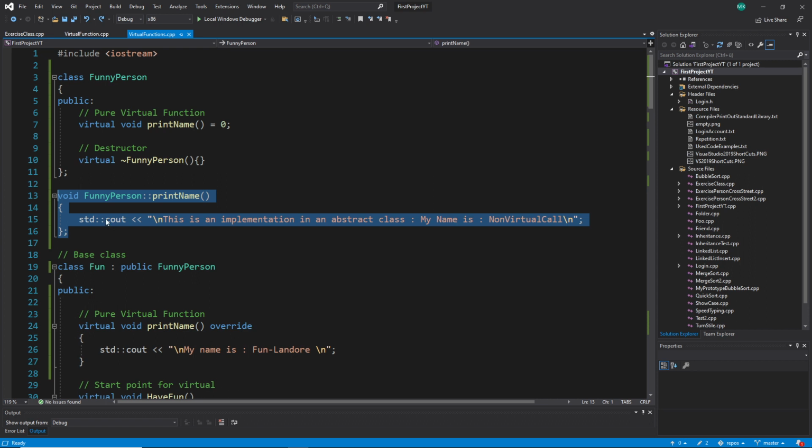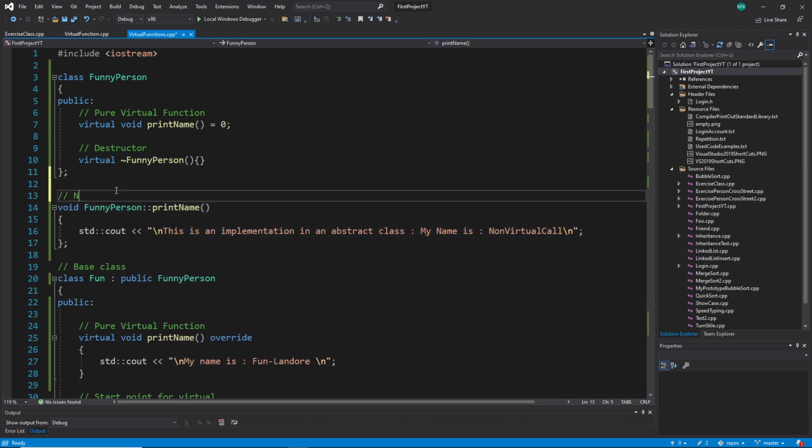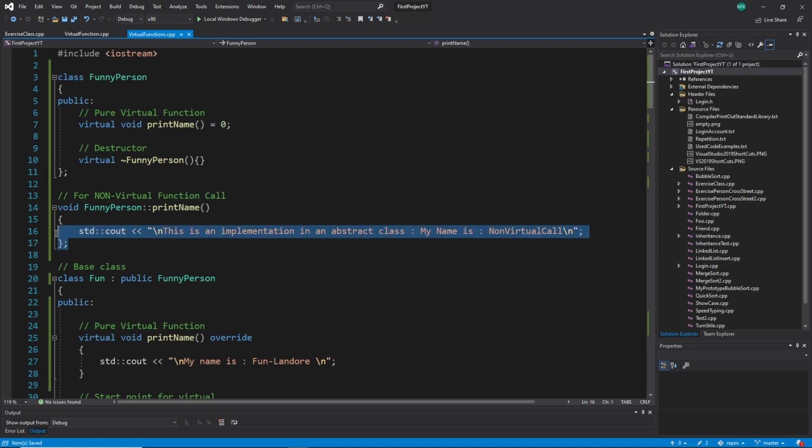Let's call this one here, to make it clear, for non-virtual function call. So that's very important. This one is for the non-virtual function call, and the problem here is that it is both in one. So it has here two functionalities, and many forget this, which means normally what you use is here the